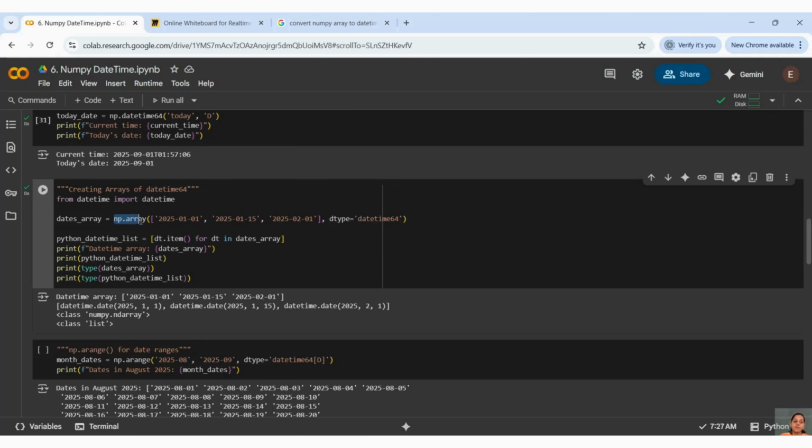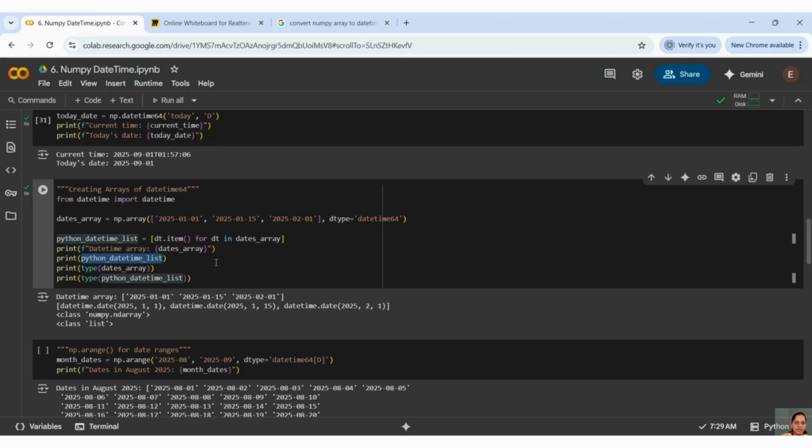But our type of array should always be ndarray, an n-dimensional array. That is the type, right? The same thing. I got an array, right? Now I want to iterate over the items. How can we do it? We have again something called datetime in Python, so we can use that, and I already told you how to iterate over the list. I want to get each item of the dates array. So this is how we can get it. You can see now I am getting all of them.